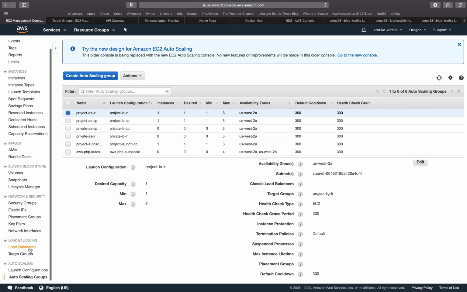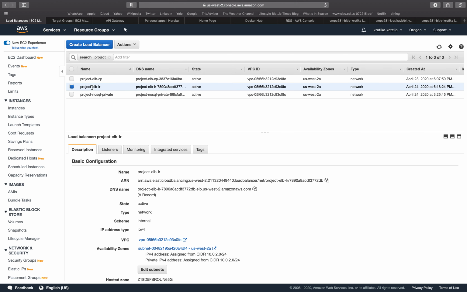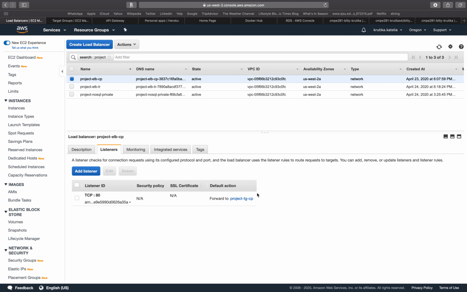Let's have a look at the load balancers for control panel and link redirect. So these are the load balancers for CP and LR. Go to listeners. This is the target group.